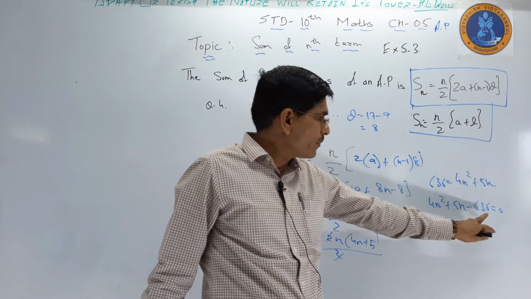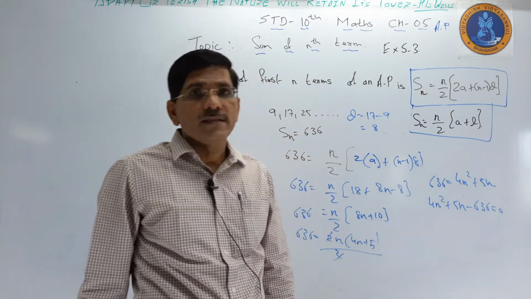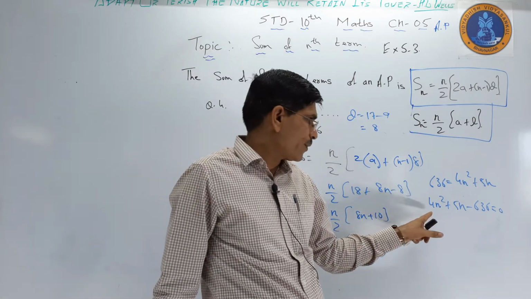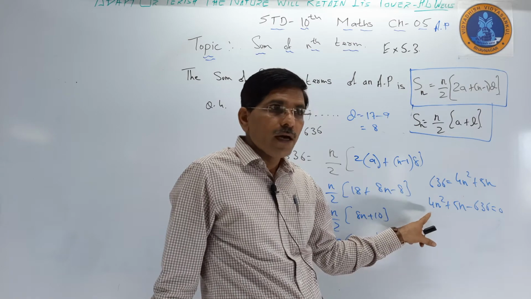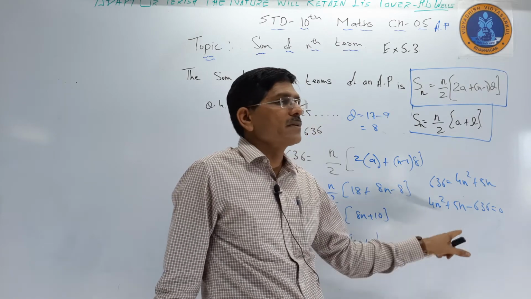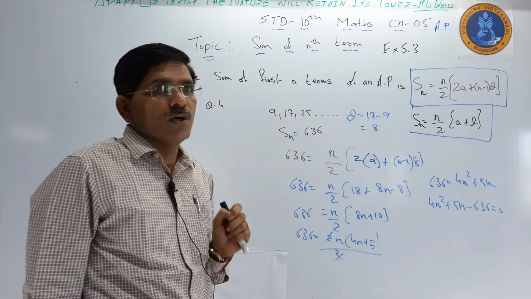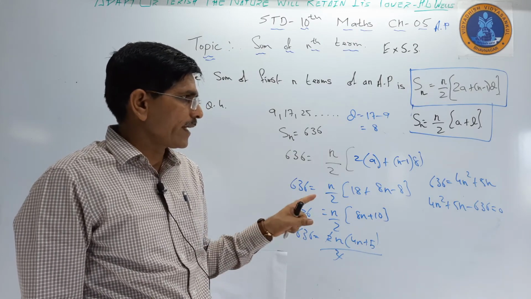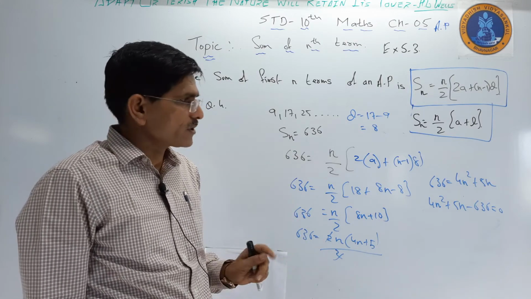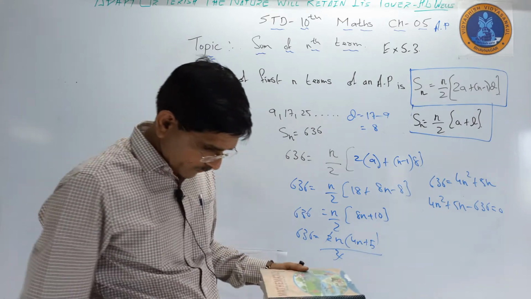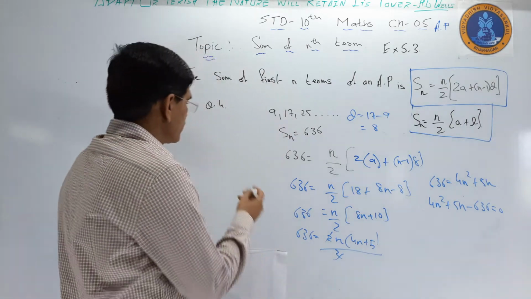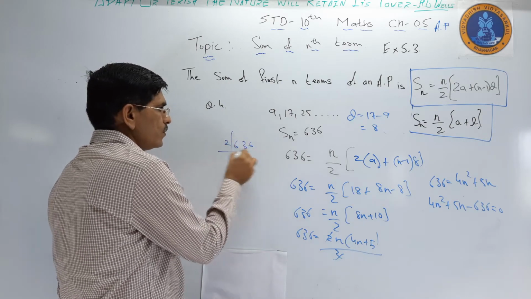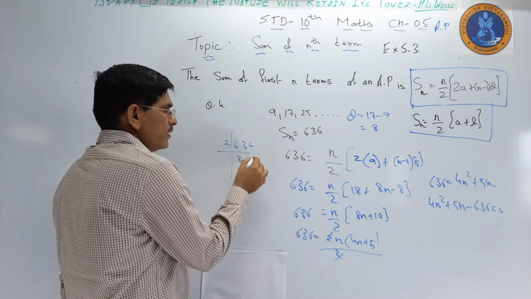So, now I want to make a factor of 636. If you make a factor of 636, or you can multiply by 4, there is one addition and subtraction, you will get some value, but a negative value is not possible here. So, if we try for it, the factor of 636 I have to do by 2, 3, 1, 3.